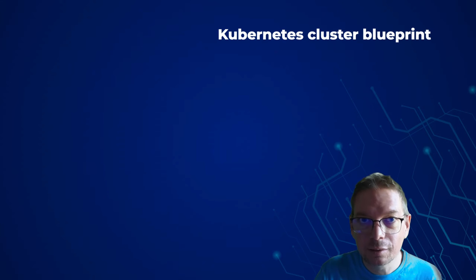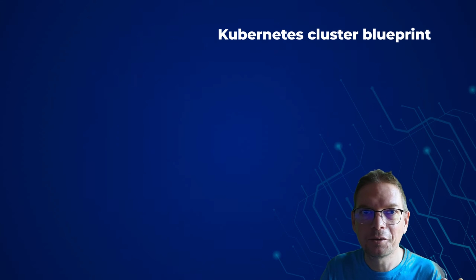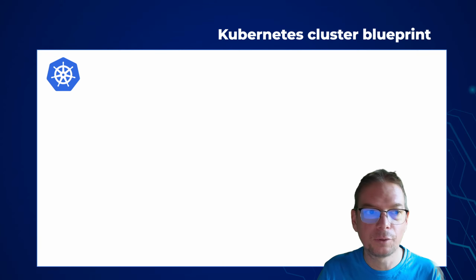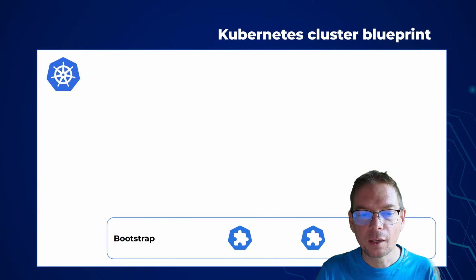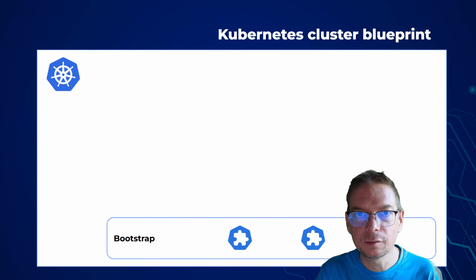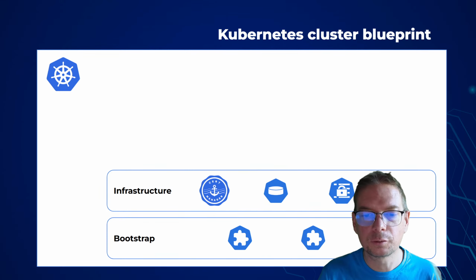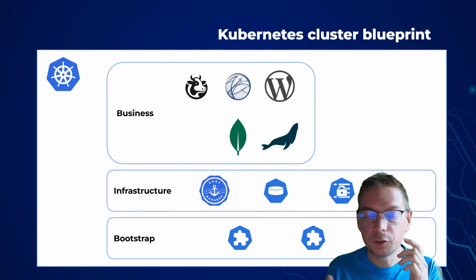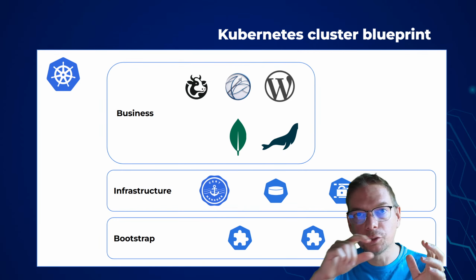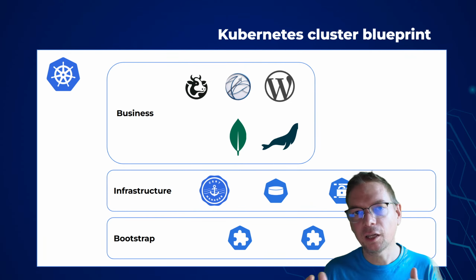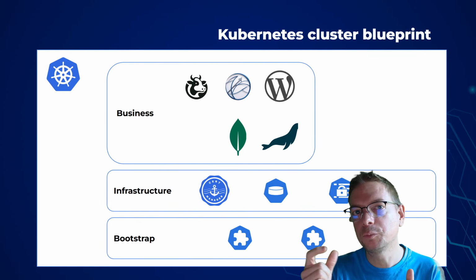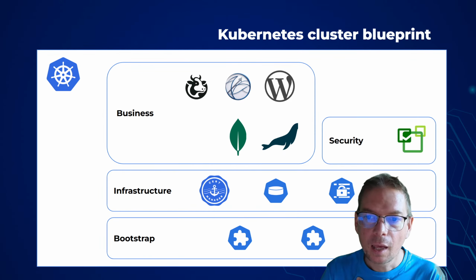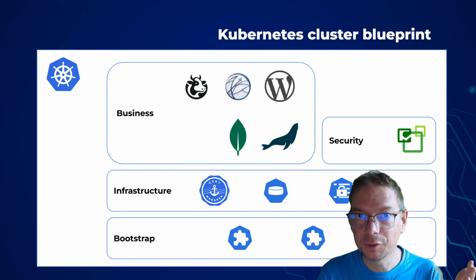You can have a blueprint from GitOps, because if we look at what we did, we started with a fresh cluster with nothing in it. The first thing we did was the bootstrap with the CRDs. Then we installed the infrastructure components. We installed our business application, also with dependencies. It's something we can do in another layer if we wanted. I was kind of lazy, but it could be a good practice to have another layer for data storage, databases. And then we added the security. Obviously, you really need to do it.